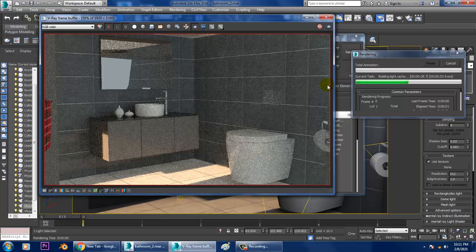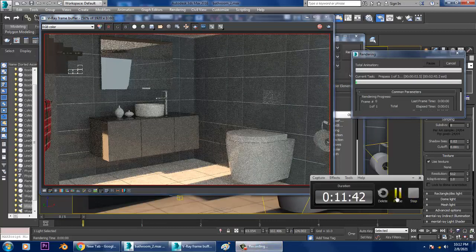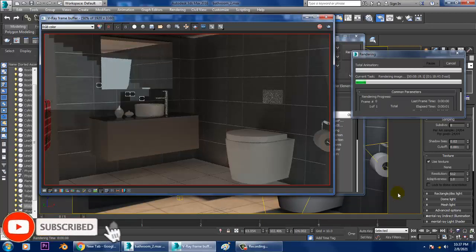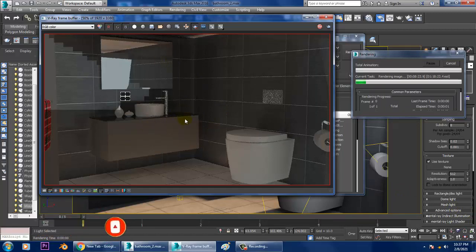We also need to generate ambient occlusion. Guys, I'll show you the rendered output in the coming session.